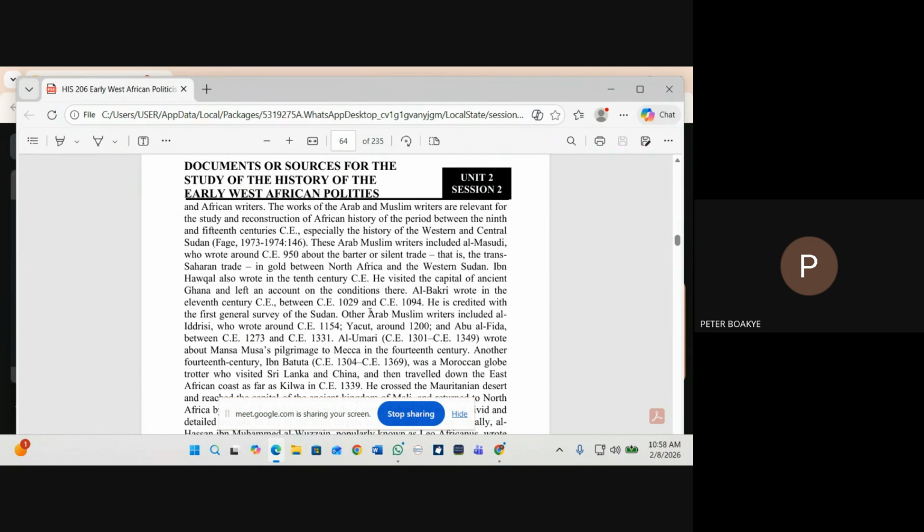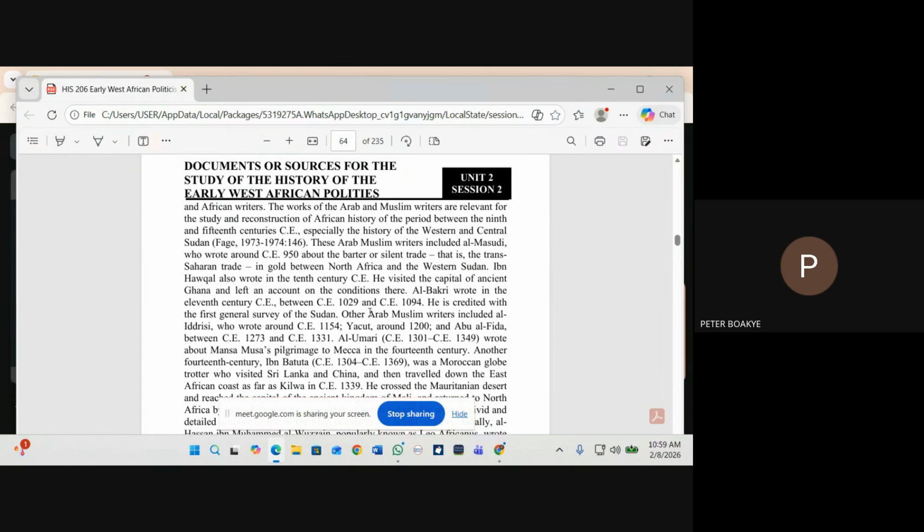Ibn Hawqal also wrote in the 10th century. He visited the capital of ancient Ghana, and he wrote. Al-Bakri wrote in the 11th century, between 1029 and 1094. He is credited with the first general survey of the Sudan. Arab Muslim writers included Idrisi, who wrote around 1154, Yaqut around 1200, Abu al-Fida around 1273, and Umari, 1301 to 1349,